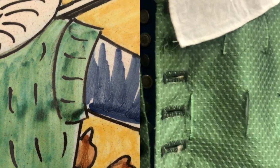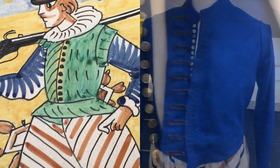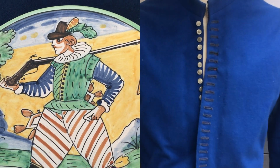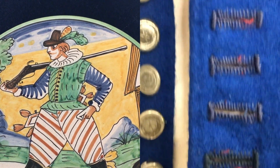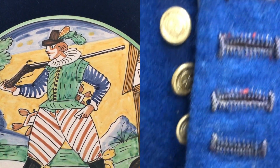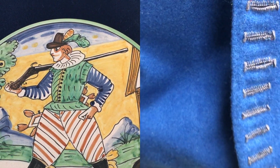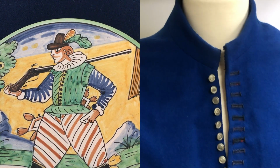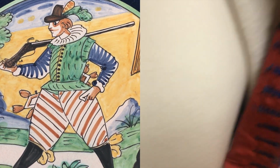Under the jerkin, our hunter is wearing a blue doublet. This is a blue wool doublet that we've made. All of the visible stitching on the outside of all these garments is done by hand, and you can see all of the hand-sewn buttonholes in this doublet, and all of the details that went into sewing this together are done by hand. If we open up the inside of the doublet, we notice that there is a lacing band